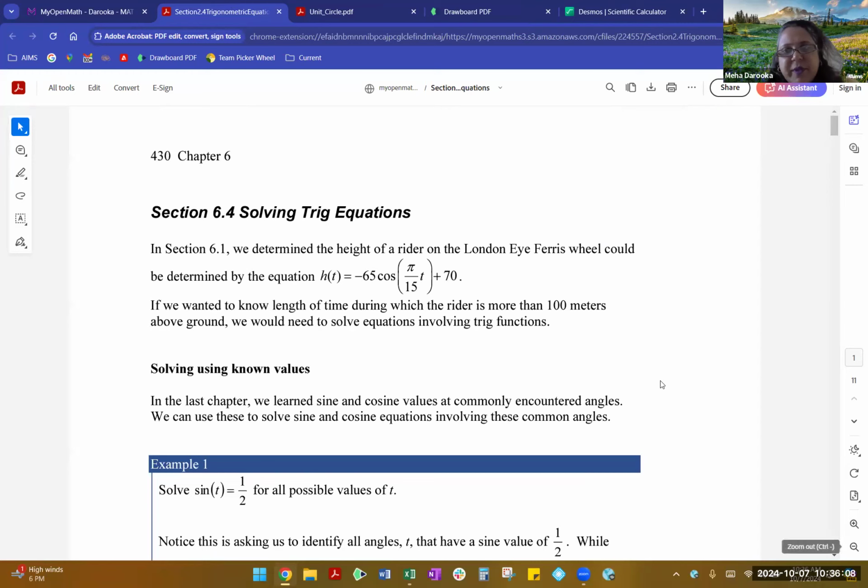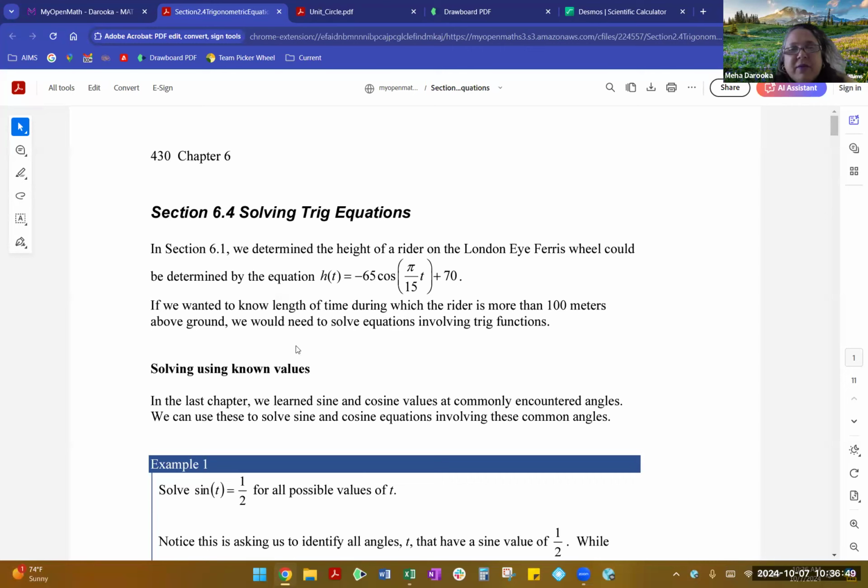Okay. Oops, sorry, that's too big. Alrighty, so here we're talking about, again, we had talked about in the first section that London Eye Ferris wheel example, and we had come up with this little equation for it. And remember, this was telling us where the rider would be, at what height, based on how long the revolution had been going for, right? For how long they had sat in the Ferris wheel. So h of t was equal to negative 65 cosine of pi over 15t plus 70. So they're saying if we wanted to know the length of time during which the rider is more than 100 meters,